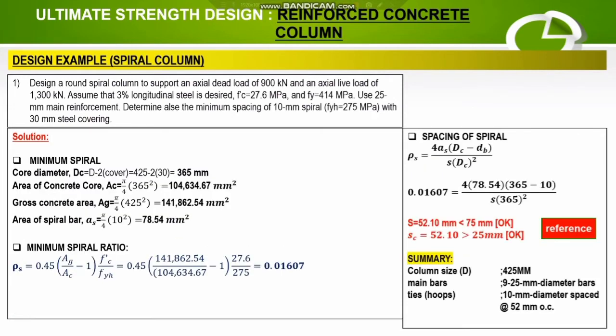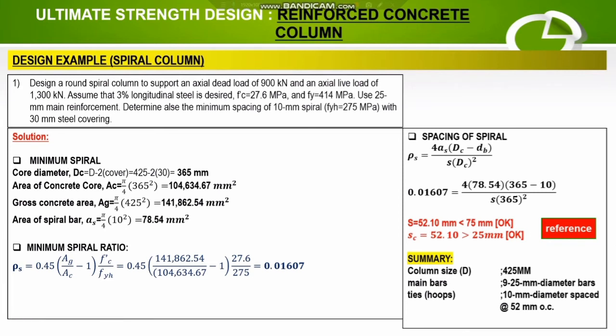So this is the continuation of the design example for spiral column. So after solving for the steel reinforcement area, the next step is to solve for the spacing of our spirals, or the spacing of our transverse reinforcement, or the lateral reinforcements. So the minimum spiral,